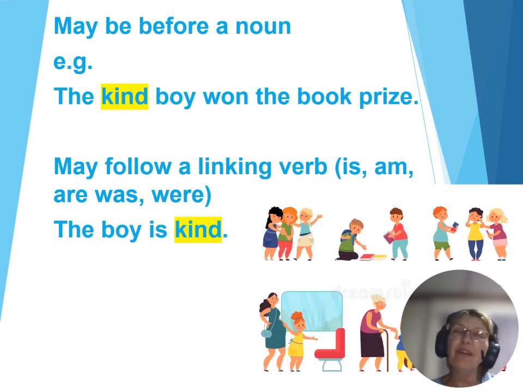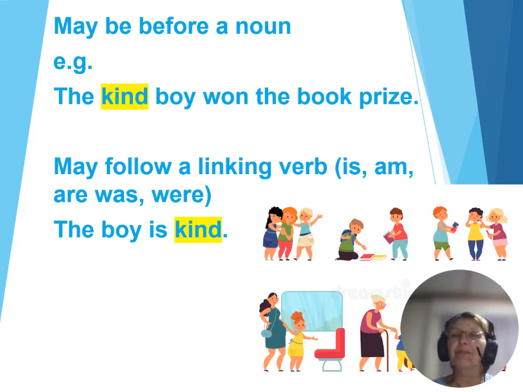Now, where do we find an adjective? It's linked to the noun, so it may be before the noun. For instance, the kind boy won the book prize. It could also follow the linking verb, and your linking verbs are words like is, am, are, was, and were. We know something like the boy is kind. Then we know that is our linking verb, and the adjective follows the linking verb. So you will not always find your adjective in front of the noun, which is usually the easiest way we